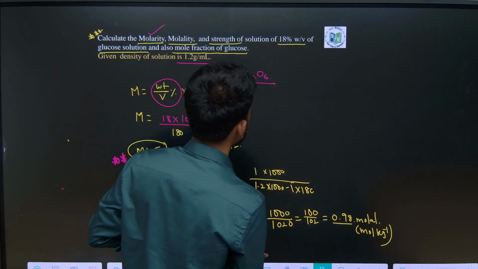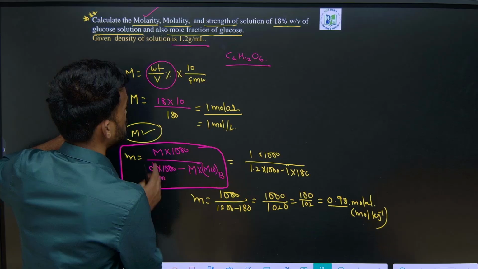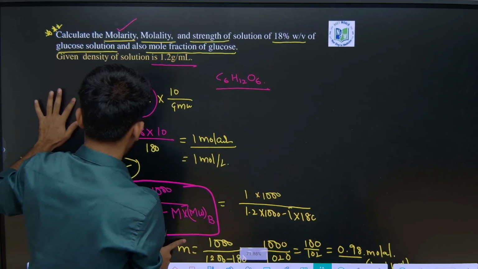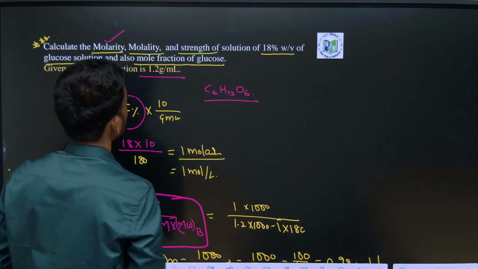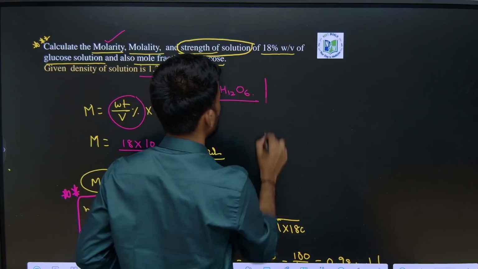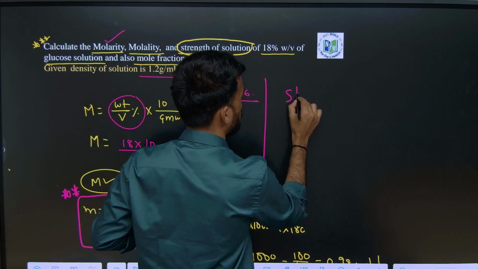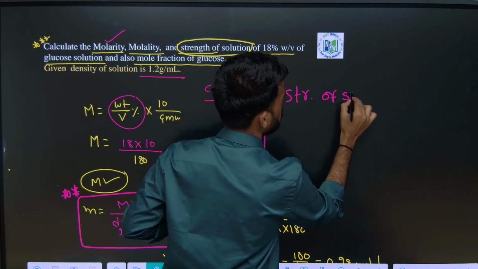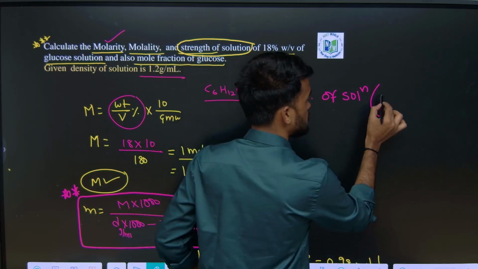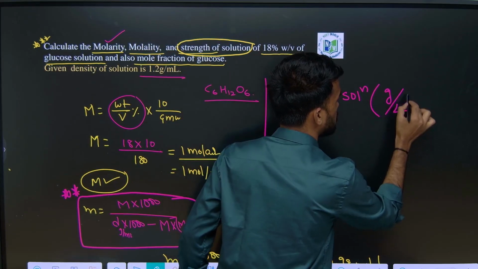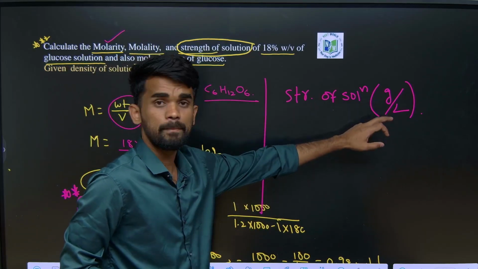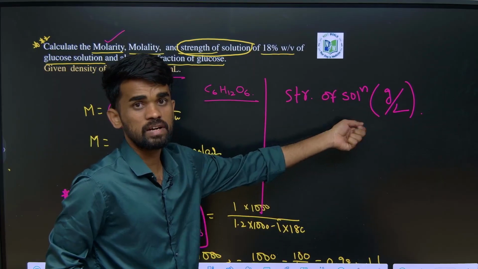One more thing I wanted to give you: just find all the questions which are mentioned here, then we can go for a few more things. Here they mention strength of solution. How do we find the strength of this particular solution? Strength of solution is when the concentration is expressed in terms of gram per liter. If it is mole per liter, we say molarity, but here it is gram per liter, which means it is the strength of that particular solution.